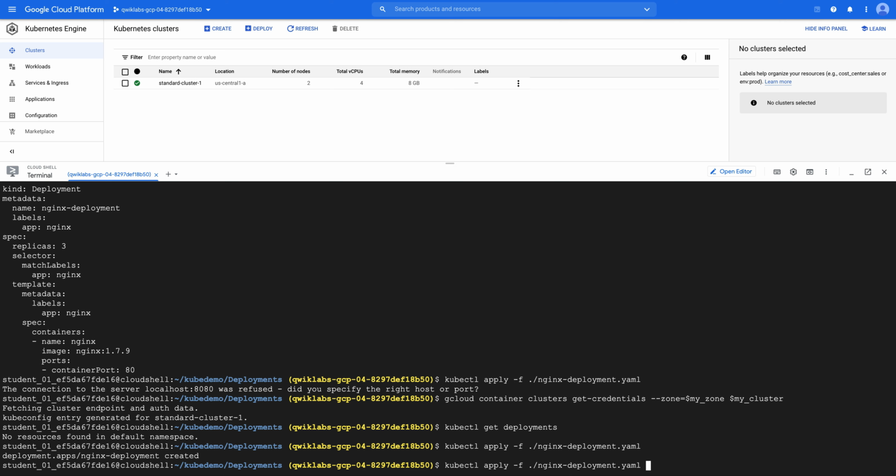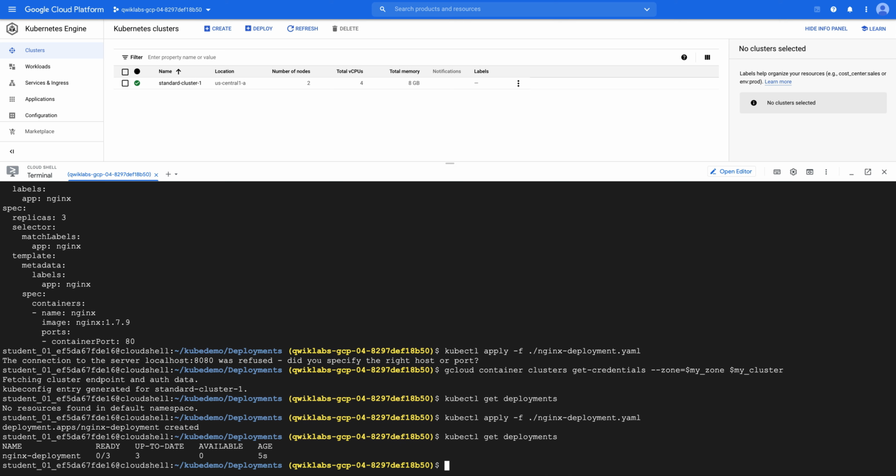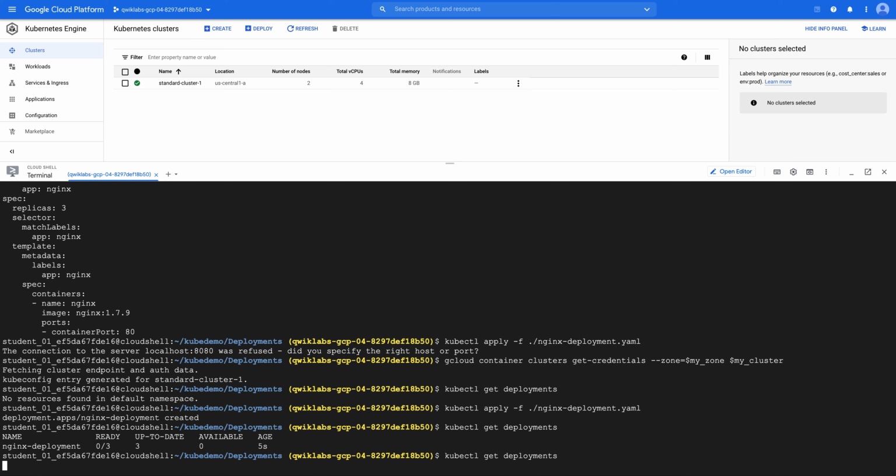Now if I run the same get deployments again, it's deployed, but it has not started yet. My replica set is still not created, so it's still creating it. If we check it again, maybe it will start deploying things.